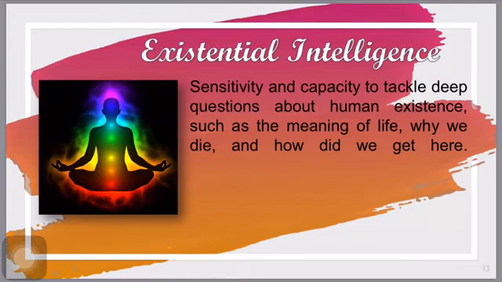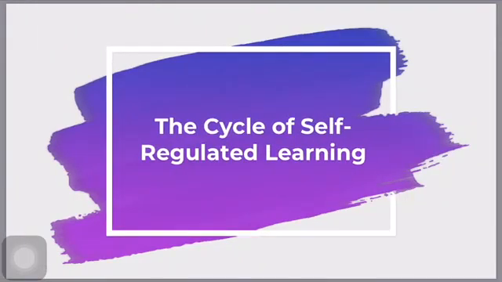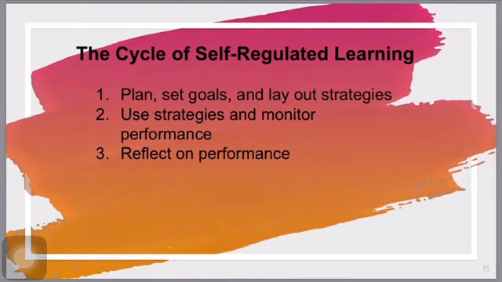Okay, so next, let's go to the cycle of self-regulated learning. Okay, so self-regulated learning is a cyclical process wherein the student plans for a task, monitors their performance, and then reflects on the outcome. And it just repeats. Okay, the cycle then repeats as the student uses the reflection to adjust and prepare for the next task. Okay, so first is plan, set goals, and lay out